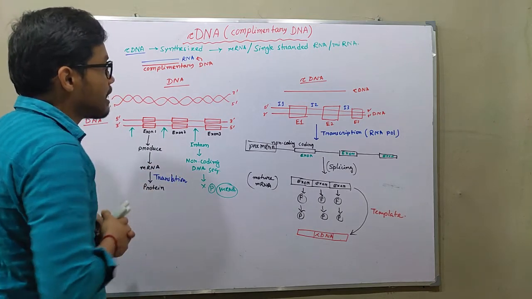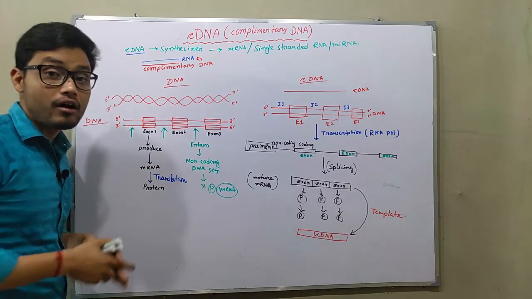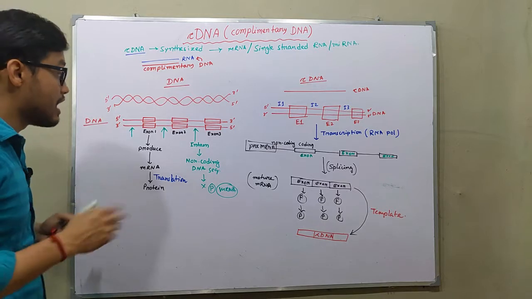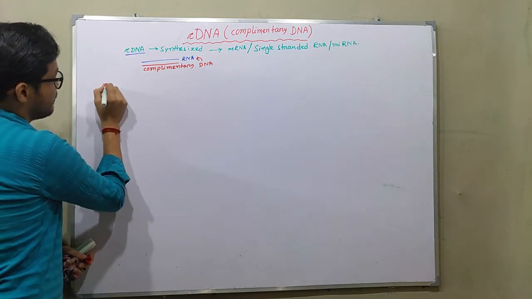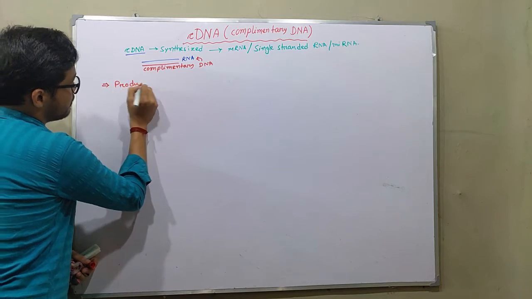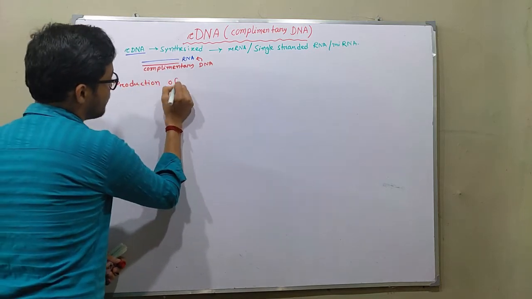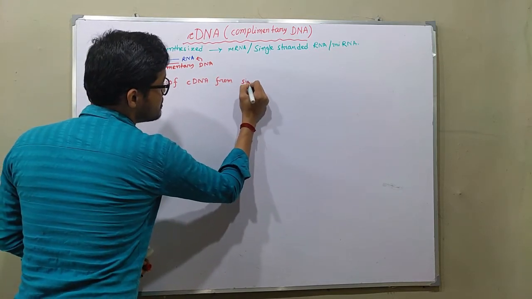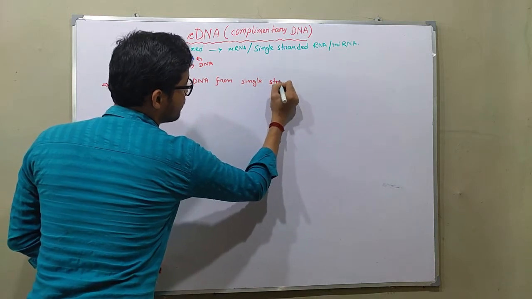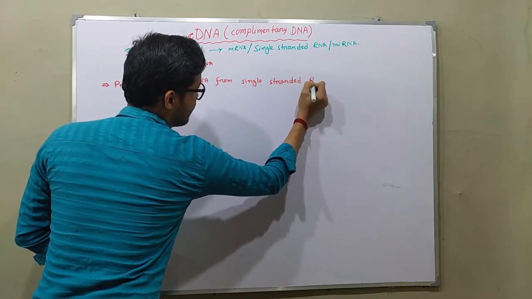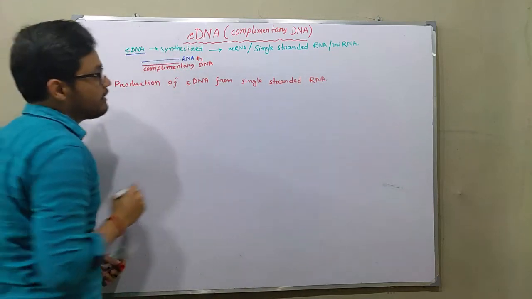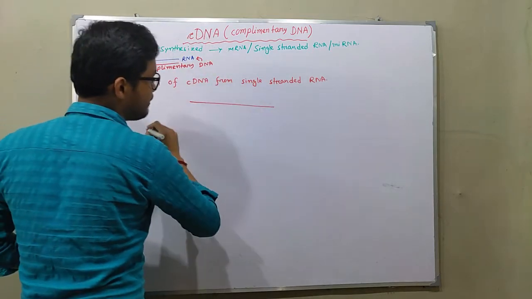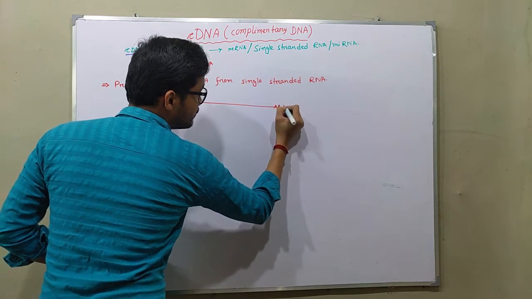Okay, now our next part is the production of the cDNA. How is cDNA actually produced from a single stranded RNA? So, the production of cDNA from single stranded RNA. Okay, so let's assume that we have a single strand of RNA or mRNA here, and this is the